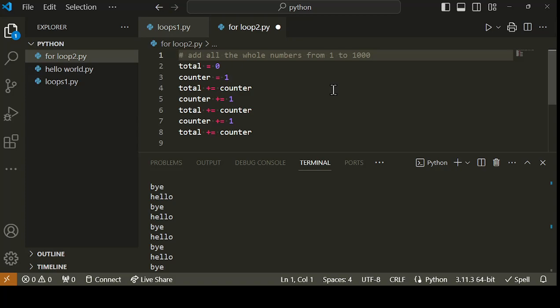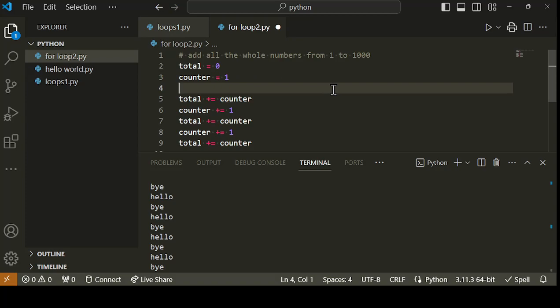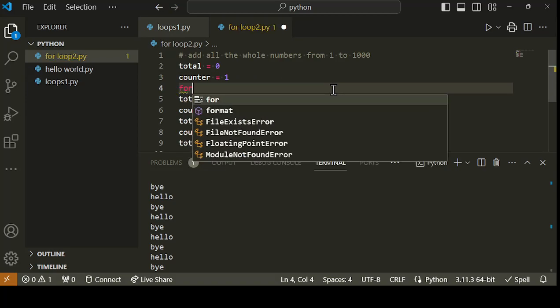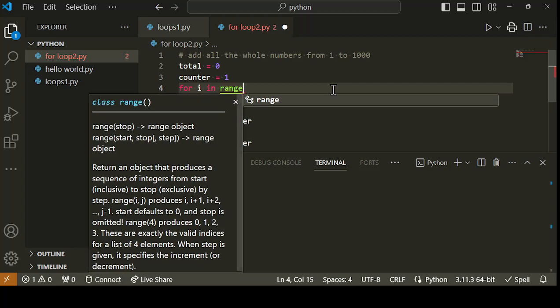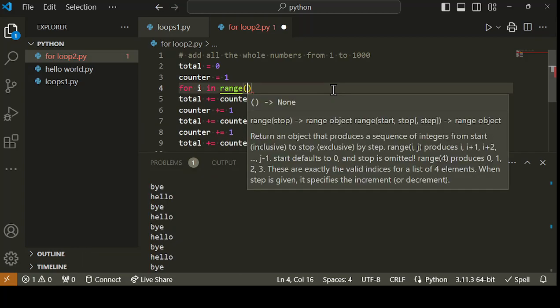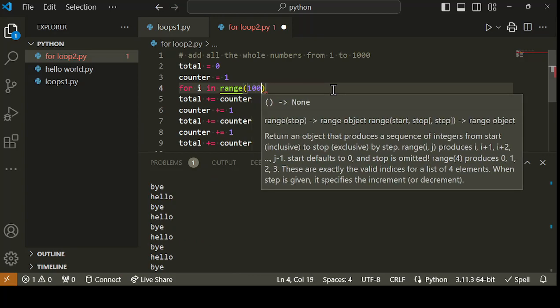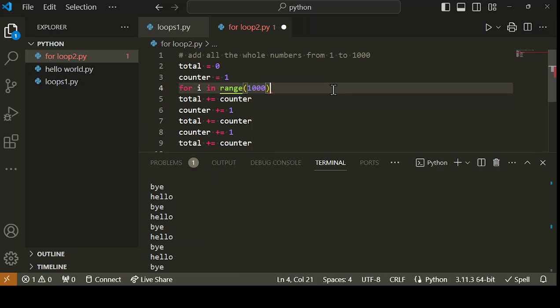So what are we repeating? We are repeating total plus equals counter, and counter plus equals 1. Okay, so now I will do for i in range(1000):